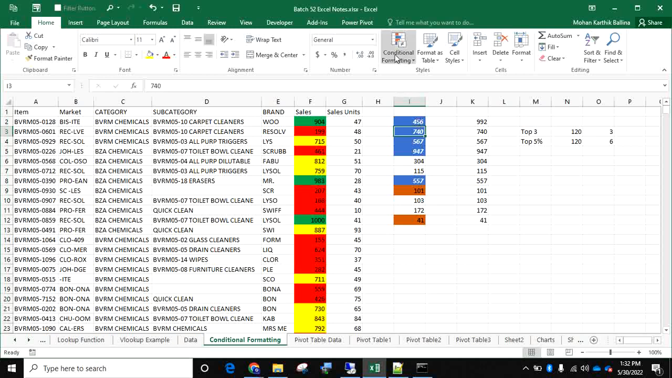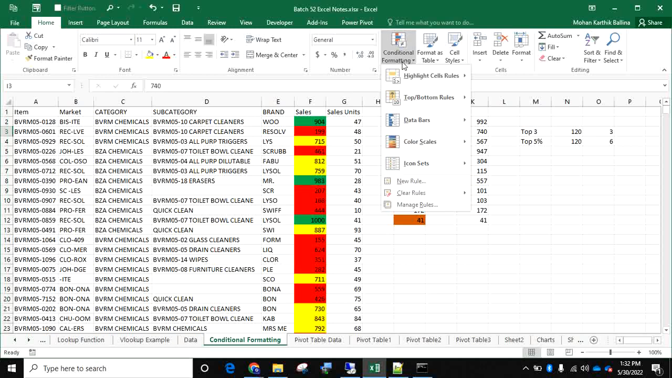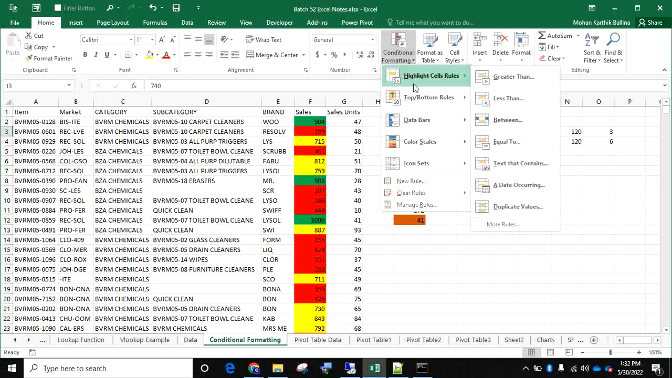యూ గాట్ ఇట్ రైట్. హౌ టు హైలైట్ యువర్ డేటా పాయింట్స్ బై యూజింగ్ కండిషనల్ ఫార్మాటింగ్. ఓకే, గ్రేటర్ దెన్ వాల్యూ, లెస్ దెన్ ఎ వాల్యూ, బిట్వీన్, ఈక్వల్ టు, text contains data occurring, duplicate values, top 10, bottom 10, above average, below average. Okay,